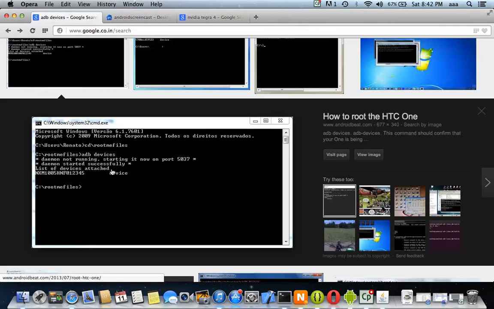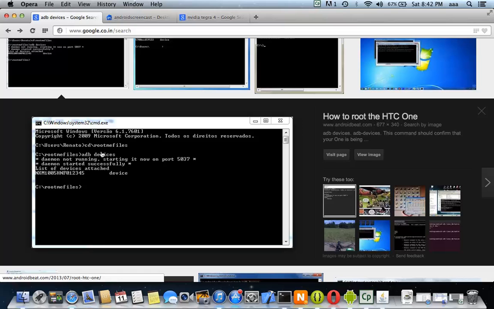That is the first problem you will really face in this. So do this. First start the USB debugging on, then connect the cable to PC or Mac, and then try adb devices. That will work.